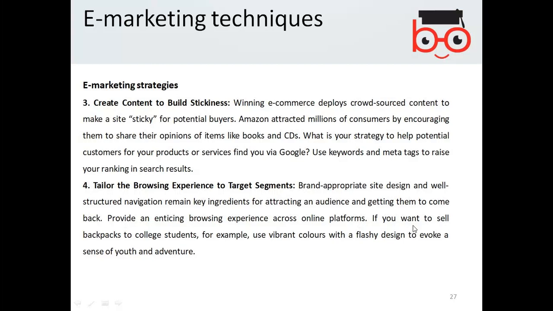If you want to sell backpacks to college students, for example, use vibrant colors with flashing design to evoke a sense of youth and adventure.